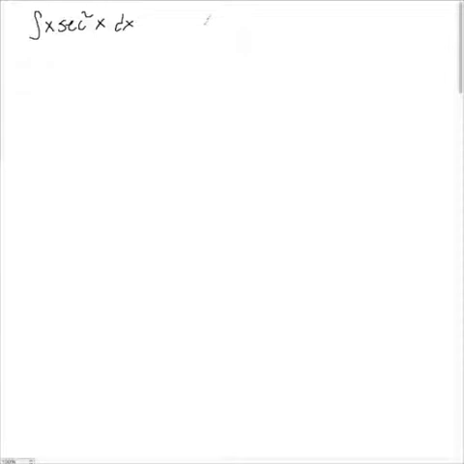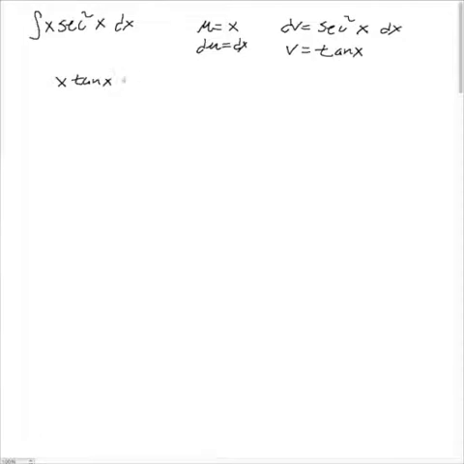But here we go. I think it makes sense to let u be equal to x and let dv be equal to secant squared x dx. Once we pick that, we're locked in. du is equal to dx, and v, you should remember at this point, the backwards derivative of secant squared is nothing more than good old tan x. So this turns into this now. This turns into u times v, which is just x times tan x minus the integral of v du,